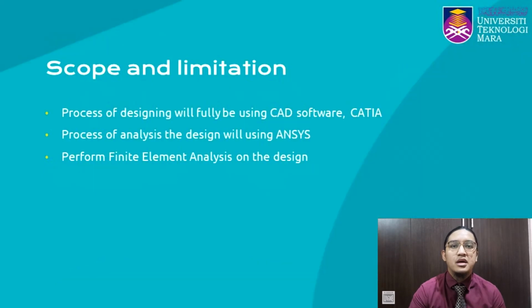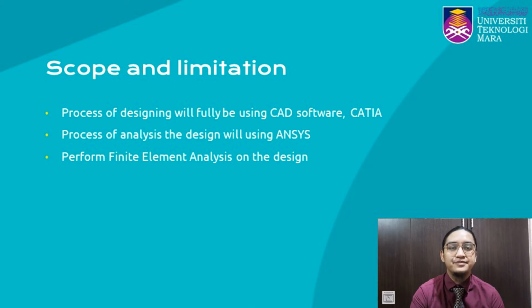analyzed design. The study of designing the transmission system of the UiTM Formula SAE car will consist of the differential and its mounting. Parameters and dimensions of the components are determined from the previous Formula SAE car design. The study continues by making improvements on the former design of the transmission system for better performance. The design process will be performed using CAD software called CATIA. Next, the design will be analyzed using CAE software ANSYS to fully understand the behavior of the design when